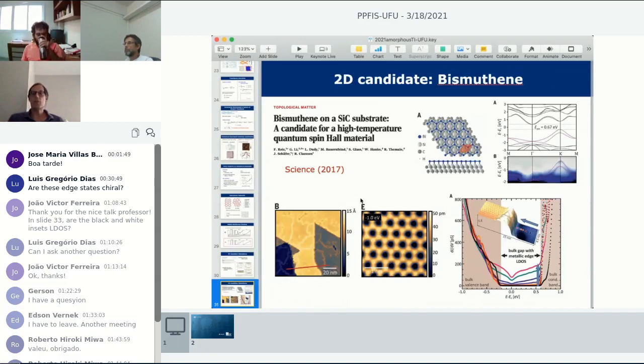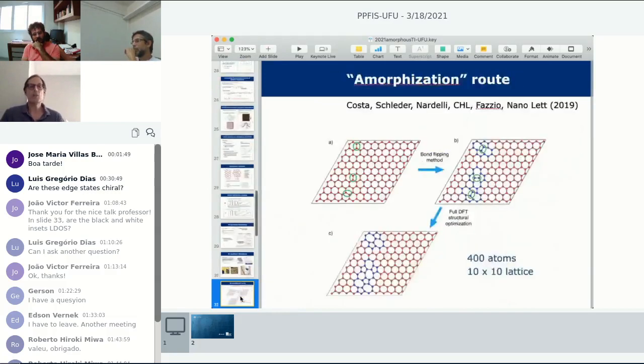So this guy in a clean phase is a topological insulator. Now, what these guys do actually to create this material is they do a lot of annealing. That's interesting, right? So it starts with something else. They do a lot of annealing until it's really clean and organized, and they see all that. So to get it beautifully on the plane and stuff like that. And that caught our attention because we thought, okay, if they don't do so much annealing, they don't have something disordered or even amorphous, perhaps this is the chance to say, hey, don't do such a wonderful job. Stop before you anneal it entirely and try to measure, right? And that was our motivation back then, 2 years ago.